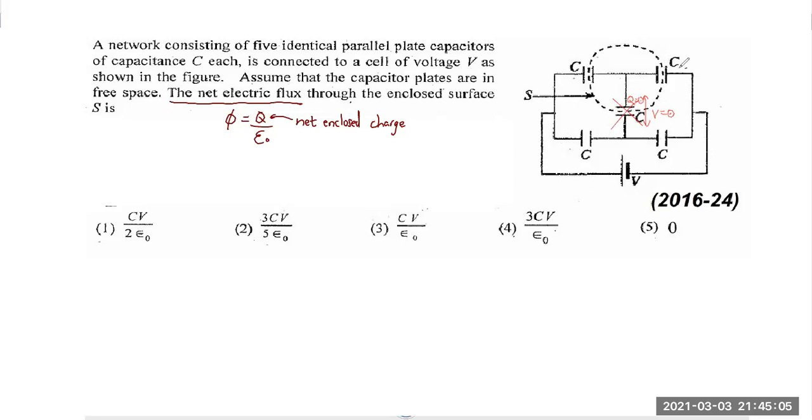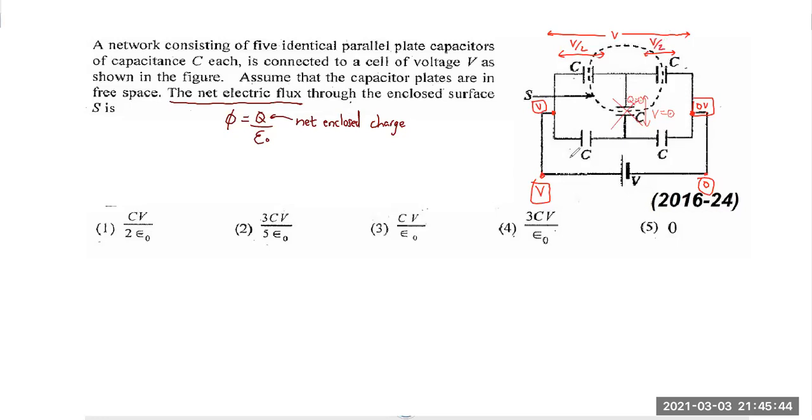And how about these capacitors then? Now, we know if this battery is V, I can take this potential as V, and I can take this as 0. Therefore, again, this is 0, then this is 0, and this is V. Right? And this doesn't work. Therefore, this system and this system are parallel. Therefore, we have total potential drop of V across these two, and another potential drop of V across these two as well. So across each capacitor, the potential drop is going to be V by 2, V by 2.